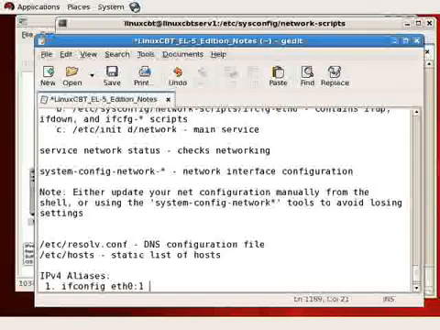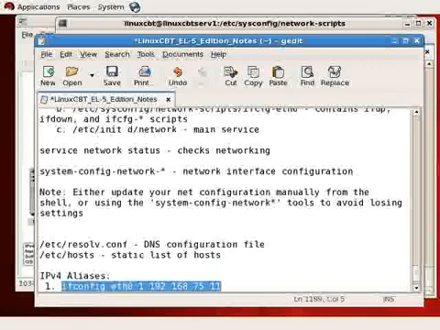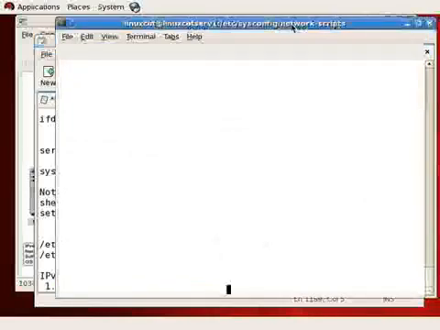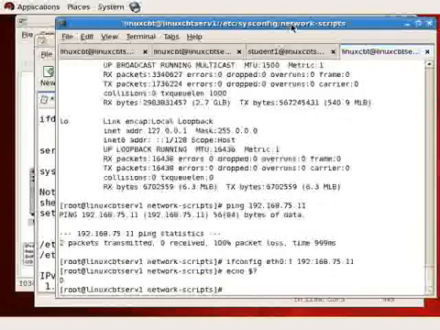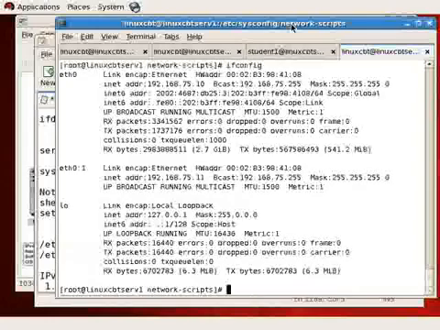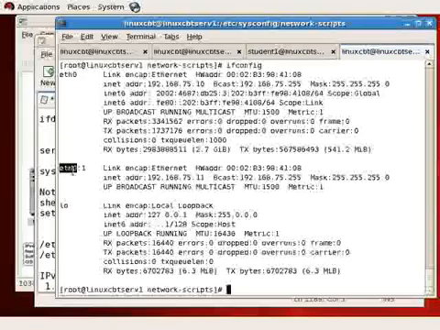Now when you create an alias, you use a colon and an alias number such as 1, or 0:0, that'll work as well, followed by the IP address that you'd like to assign with optional net mask and other items. So 75.11 will be the alias that we assign, and the kernel will make the system and its services available using this alias. We go ahead and paste it, echo the exit status,